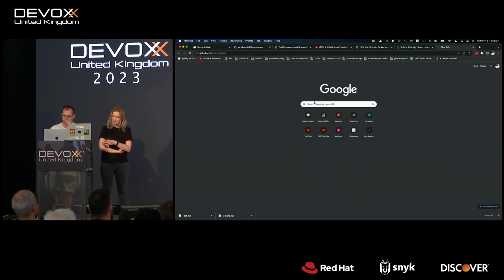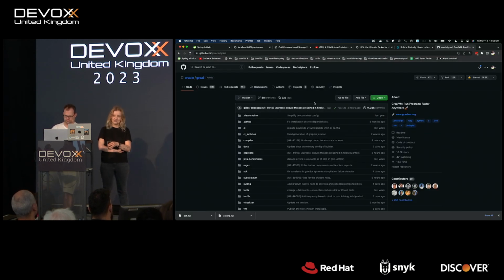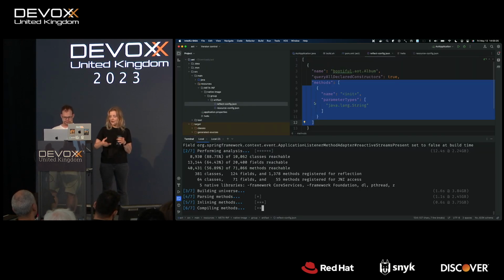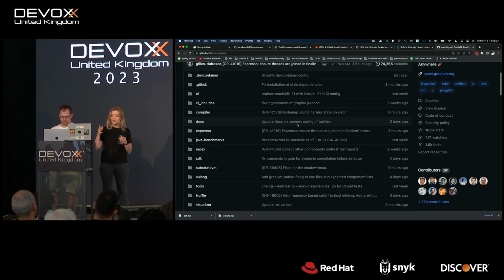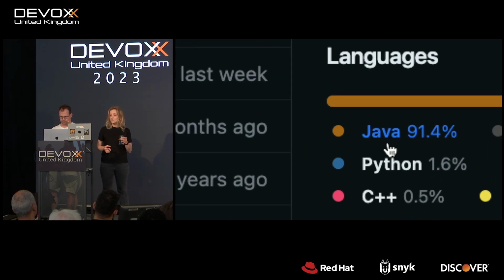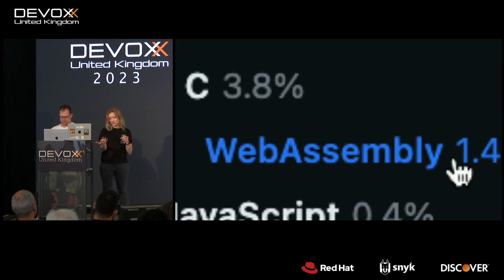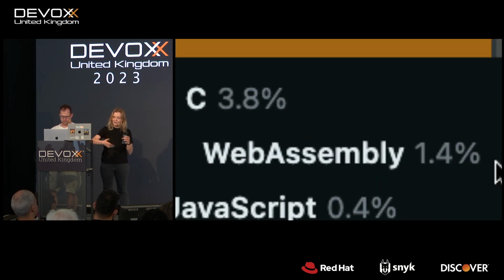So GraalVM, as a compiler, is itself written in Java. The very compiler, the thing that is usually written in things like C or C++, is written in Java. If you think about it, you might think, OK, it's in Java, and we know that Java has a bit of a warm-up curve. So how does it work for runtime when I actually need to compile my code on the go? The best part is that we got our compiler written in Java, and then we used native image, leveraging the GraalVM compiler itself, and we compiled it to produce a native executable. So we compiled GraalVM with GraalVM to make it faster.